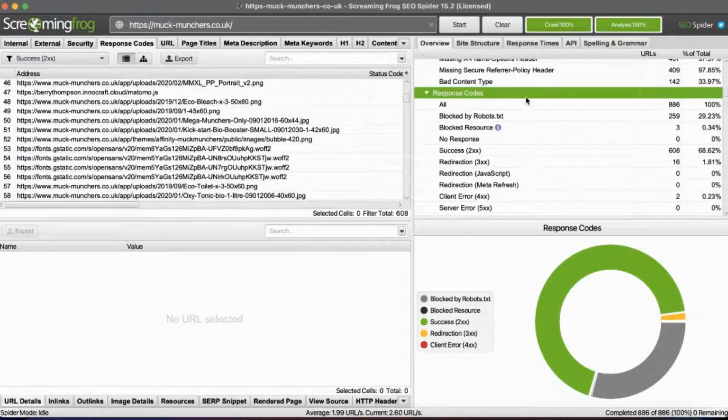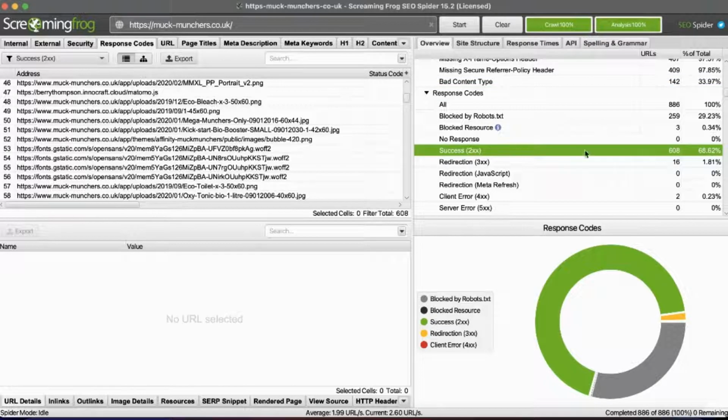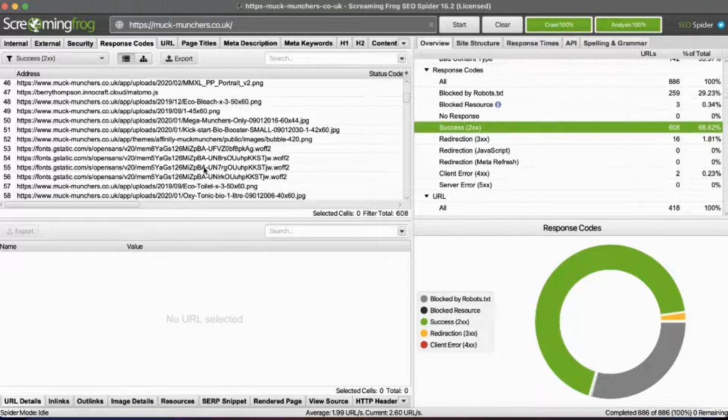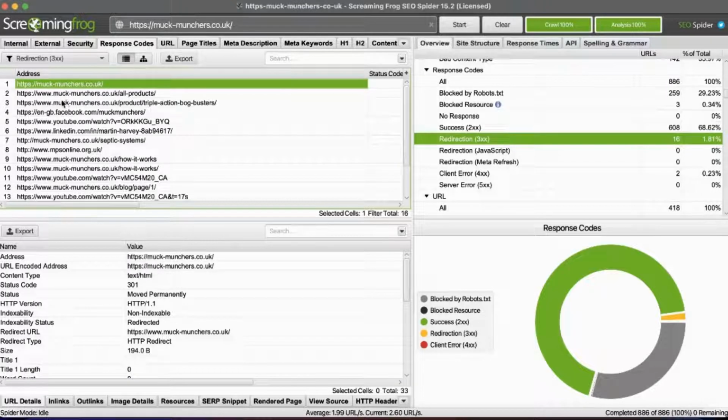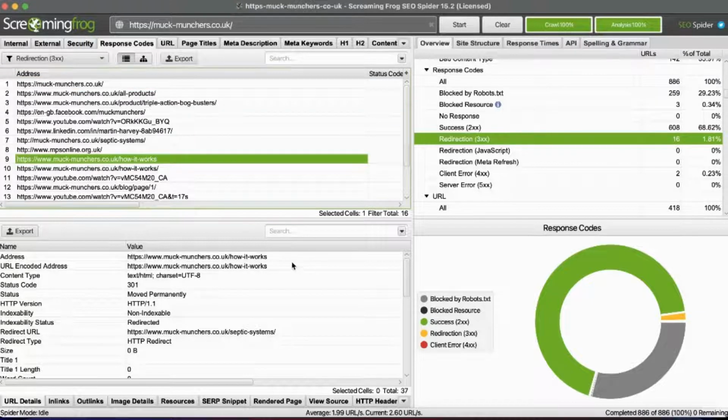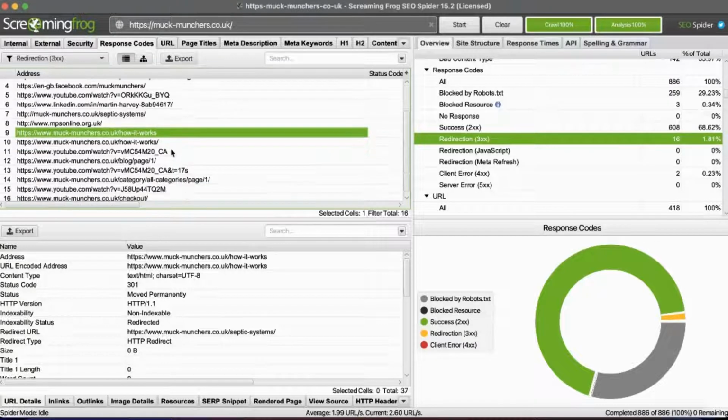Okay, next we have response codes. So this is also something you should take a deeper look at. So for instance, you have pages or resources that return status OK. What you are especially interested in here are redirections, to check whether those redirected resources should really be redirected. And usually the recommendation is that instead of placing a link to a redirected resource, you should place a link to the target. So for instance, let's find something